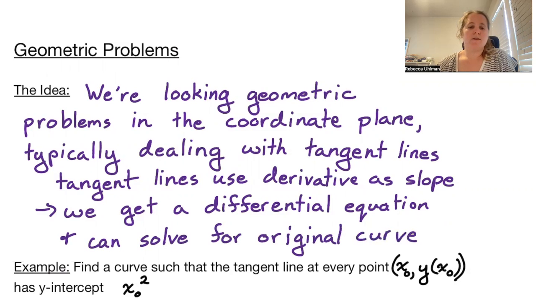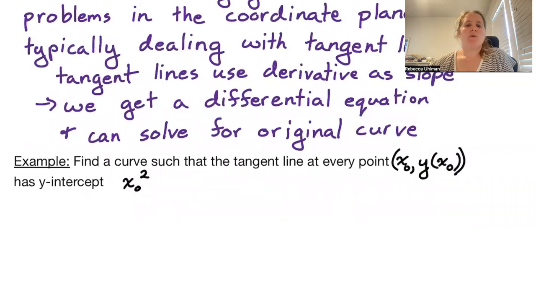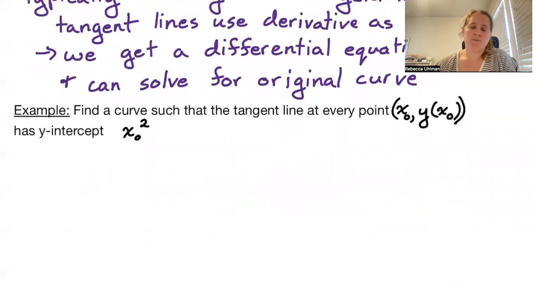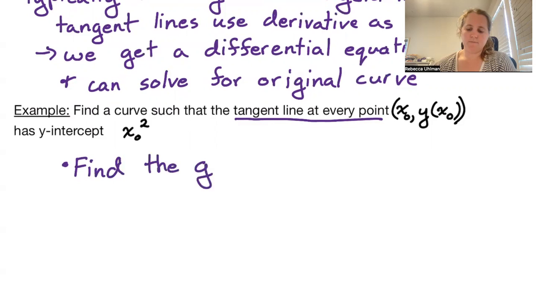So in our first example, or our only example, we're going to find a curve such that the tangent line at every point x naught, y of x naught has y-intercept x naught squared. So we want the tangent line at every point. So the first trick is to just find the general equation for each tangent line. So find the general equation for a tangent line